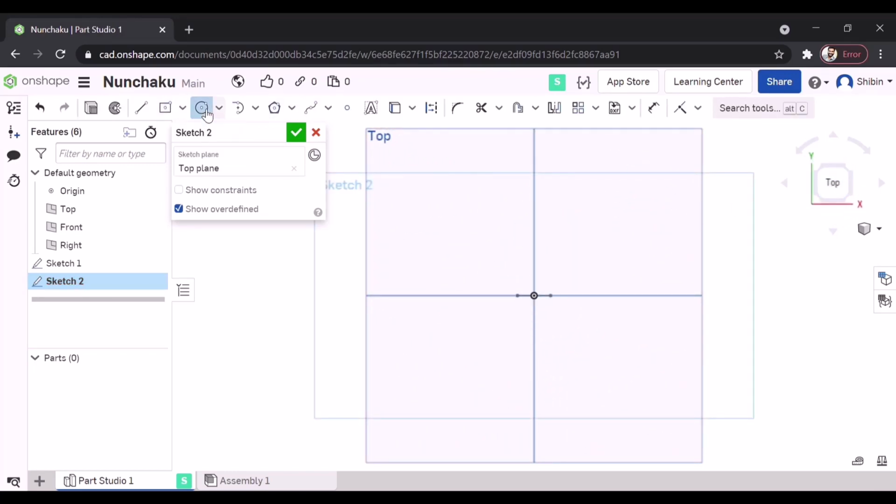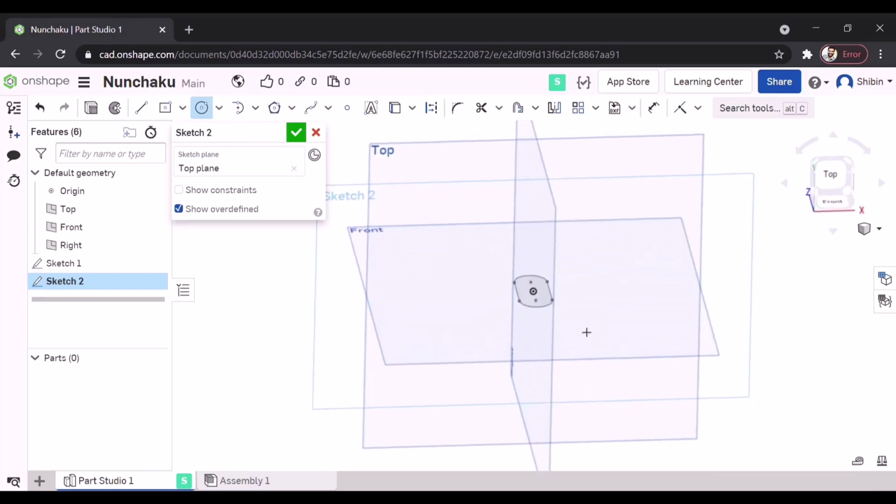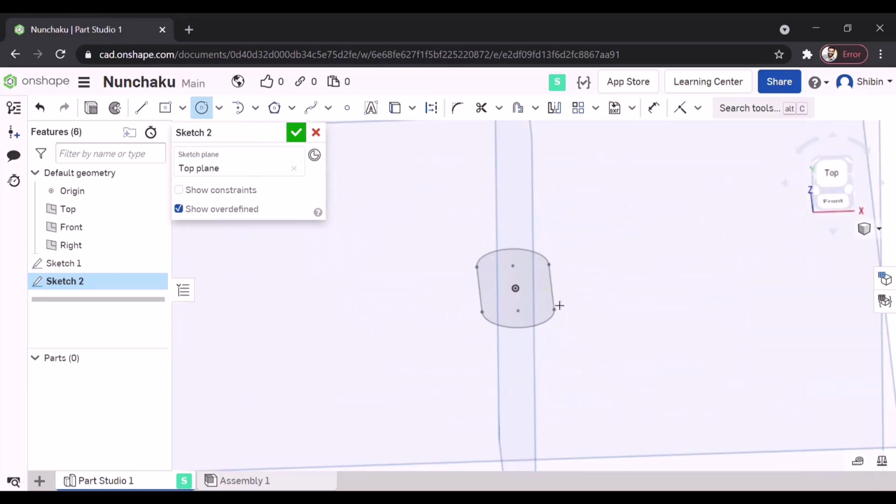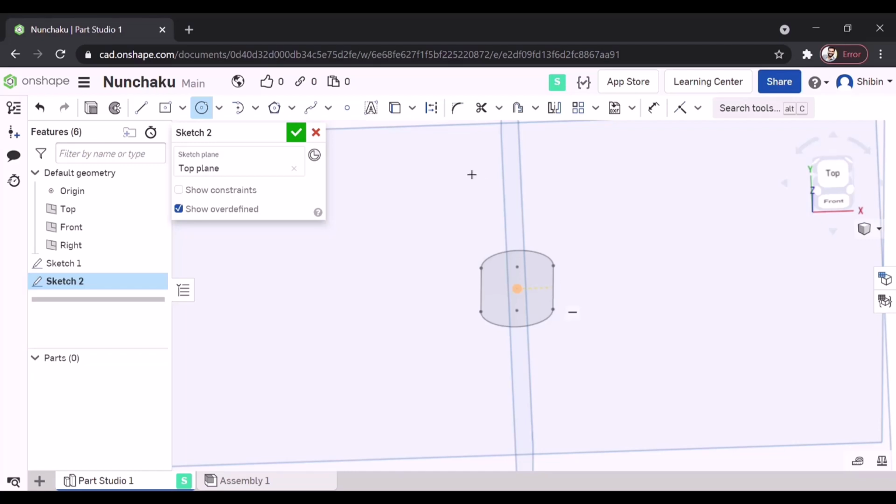So select the circle. Now if you are unable to locate it here, you can use the project tool. So we have a point there. Now you can make the circle and dimension it.